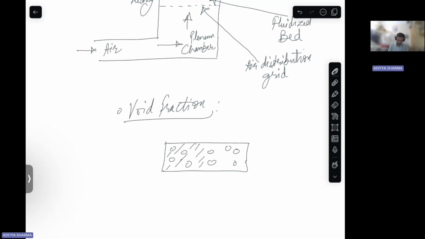This is just a representation. To quantify this space, we define the void fraction, that is alpha, okay, which basically